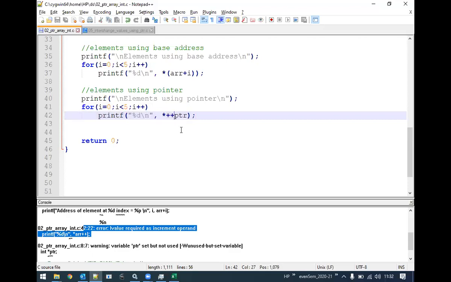Earlier, when it was PTR plus plus, it displayed 5, 10, 15, 20, 25. But if we change this post incrementation to pre incrementation, what will it print? 10, 15, 20, 25, only 4 times. What will be the value for the 5th time?